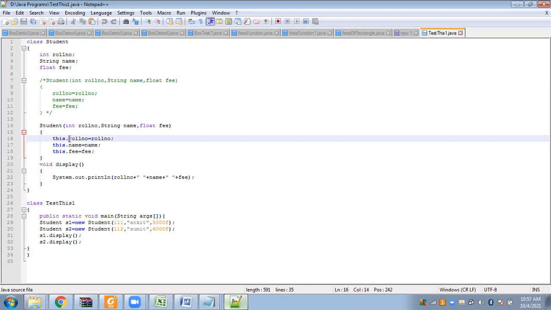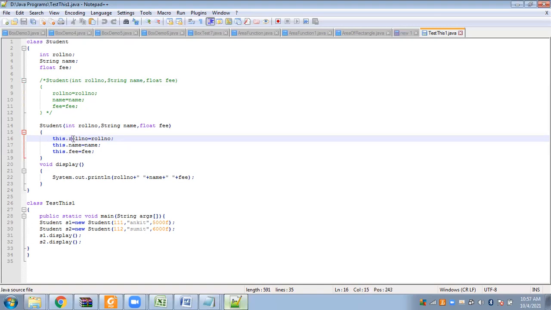Now, when I write this statement, in both cases the arguments and the instance variables are the same. But how can we know which roll number, which name, or which fee you are referring to?